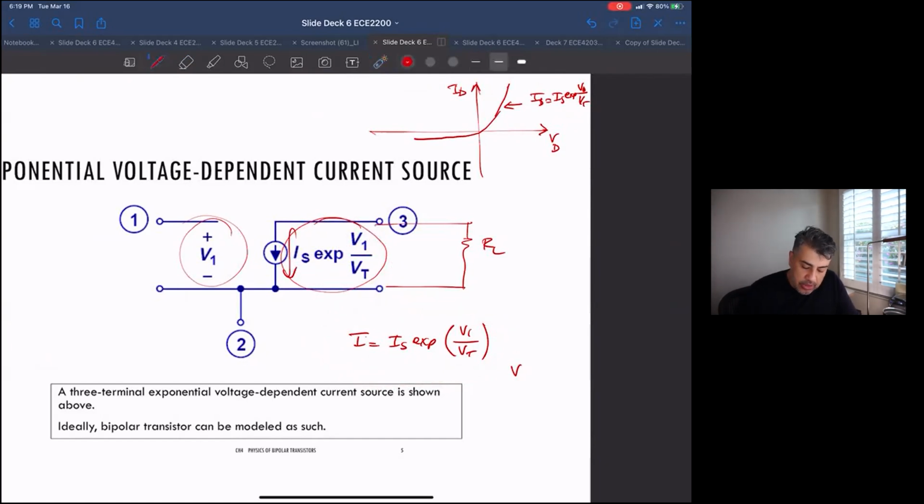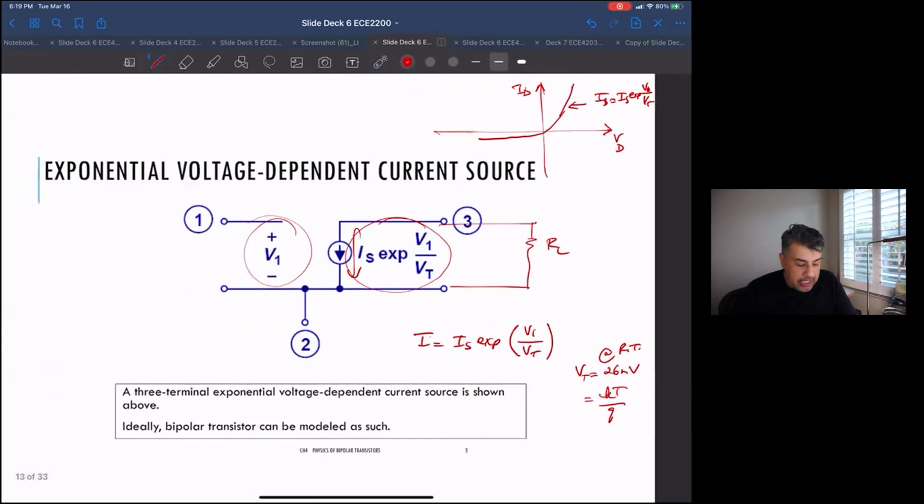And then VT is our old KT over Q, 26 millivolts at room temperature. Okay, so this is sort of, like I said, the bad news: the diode's going to keep coming back,